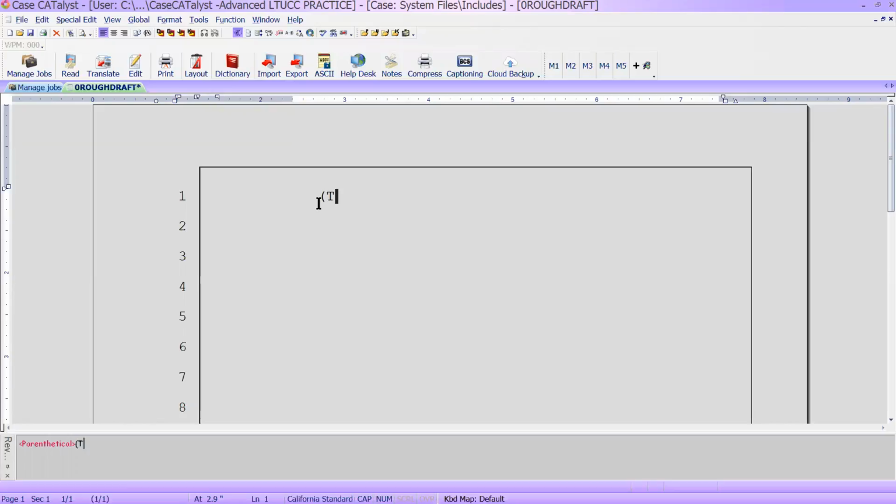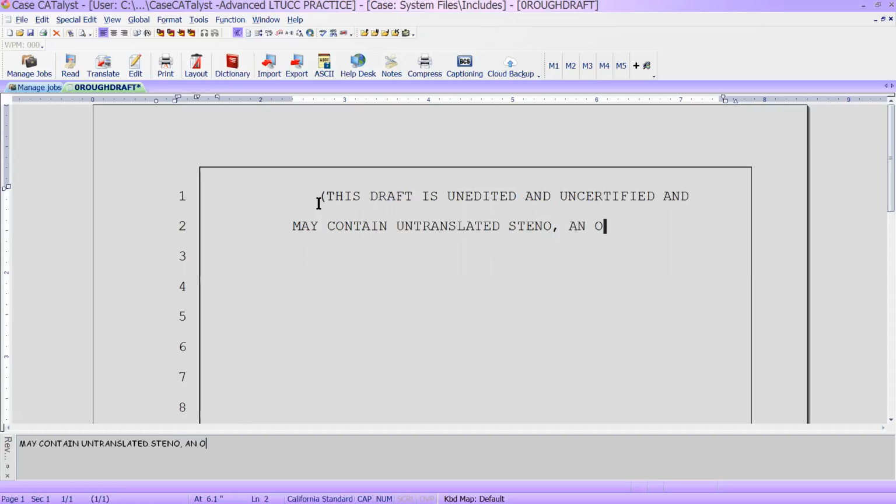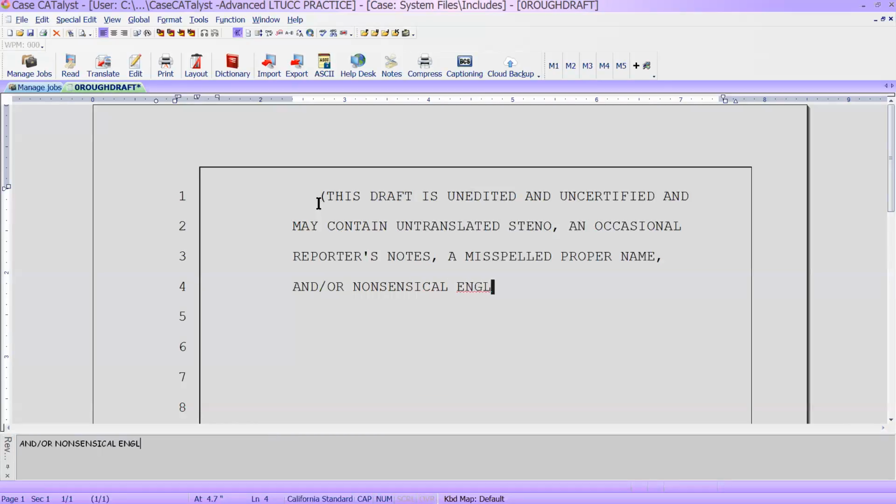Okay, so I start out with this draft is unedited and uncertified and may contain untranslated steno and occasional reporters' notes, a misspelled proper name, and/or nonsensical English word